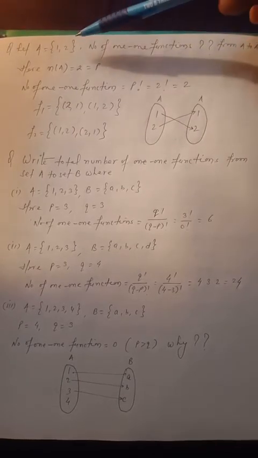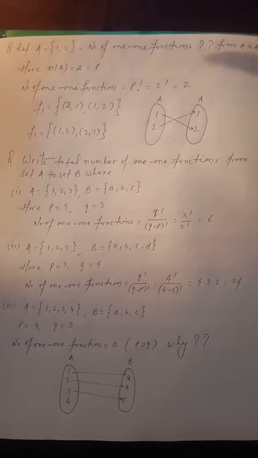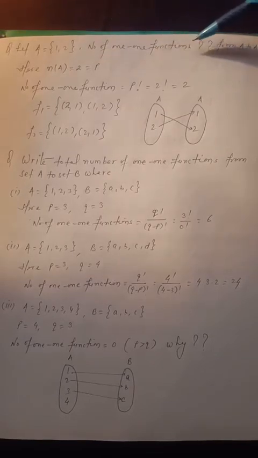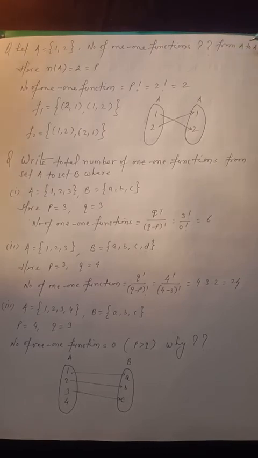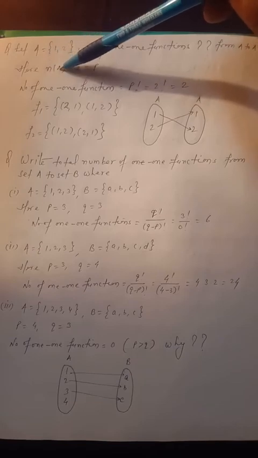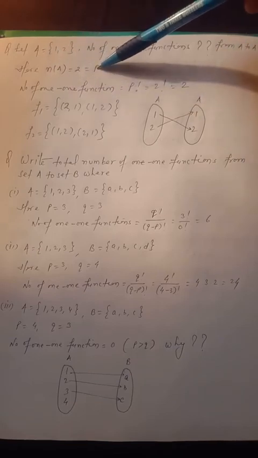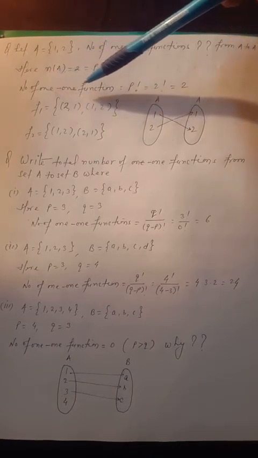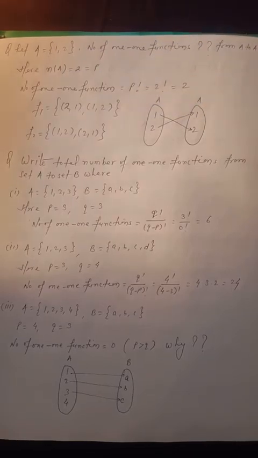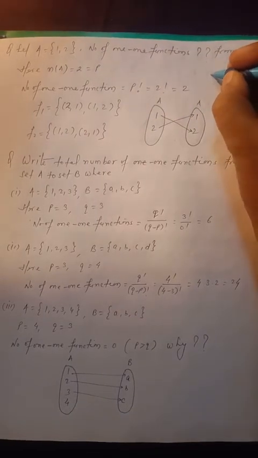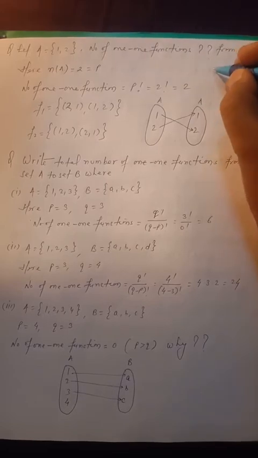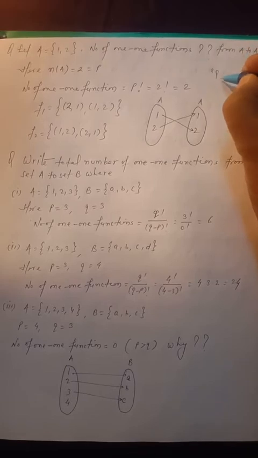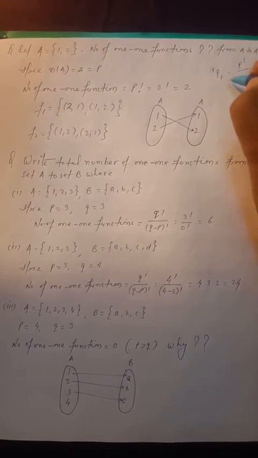Here one set A is given where the elements are 1 comma 2, and we need the number of 1-1 functions from set A to A. I am not talking about set B, I am talking about a single set A. So now here the number of elements in set A is 2, which is P. So there is another formula, when set B is not present we will say that the number of 1-1 functions is P factorial, because here set A is having p elements and set B is also having p elements. So we can write pPp, which is p factorial upon p minus p, which is 0 factorial. So it will be p factorial.